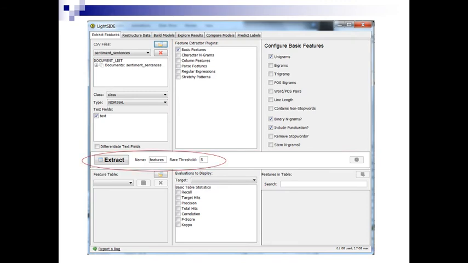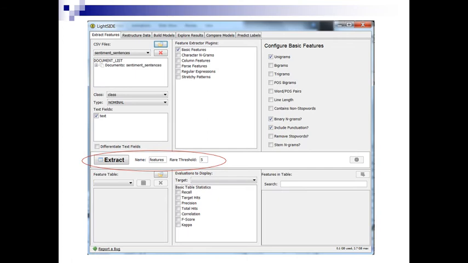Okay, so the next thing you want to do is extract those features. And you'll see here a couple of things. One of them is the rare threshold, and it's set to 5. What that means is that in going through your whole data set, instance by instance, each instance is a data point or a row in your CSV file, it's going to see for every feature that it's trying to extract how many of them have value true. If fewer than 5 out of the whole set have value true, then it's going to throw away that feature